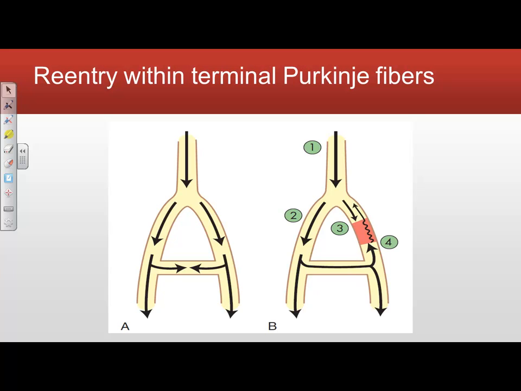Well, reentry says, okay, I'm going down and I've bifurcated. This side is clear, but this side, for whatever reason, I've got a block. It may be a bundle branch block, a fascicular block, any type of block. But what has happened is that I cannot get through this area here. So what am I going to do? I'm going to turn around, come back through here,